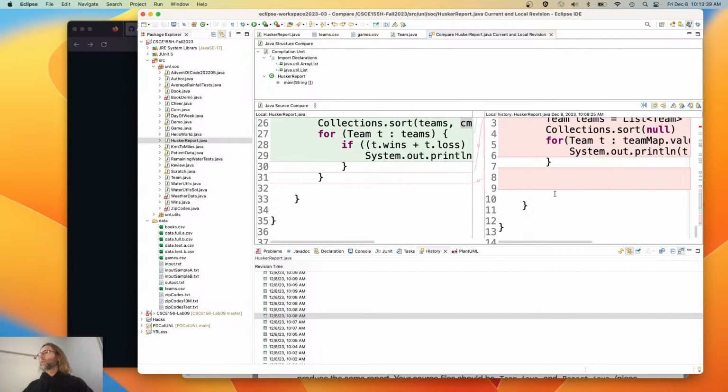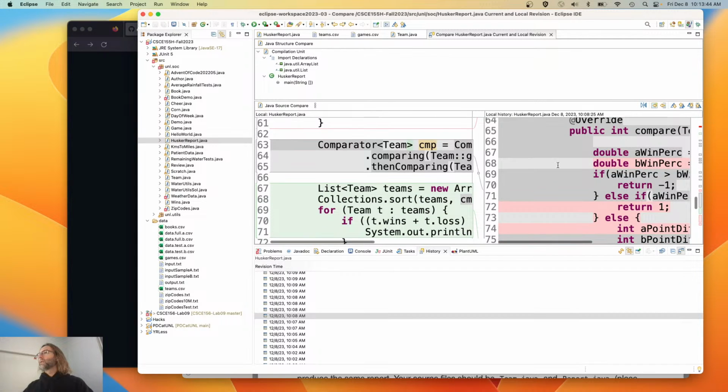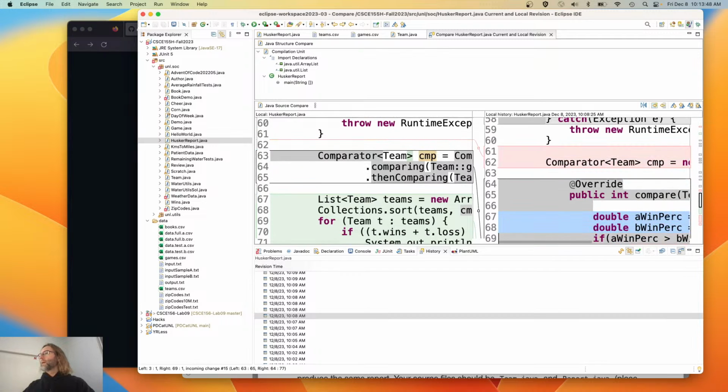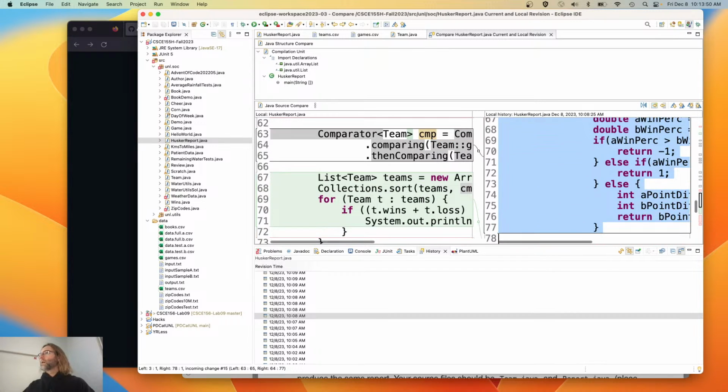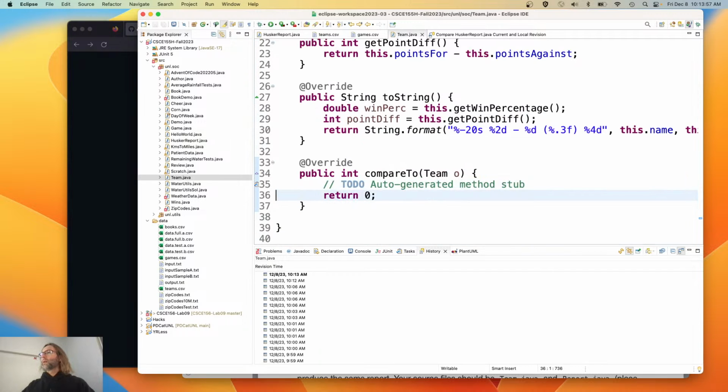There we go. There, I added the list. Nope. Oh, there it is. Over here on the right. I'm going to grab all of that logic, copy it, come over here to the team class,